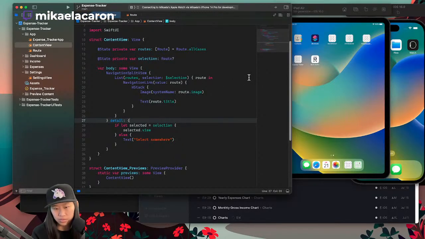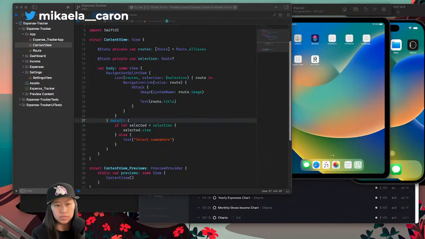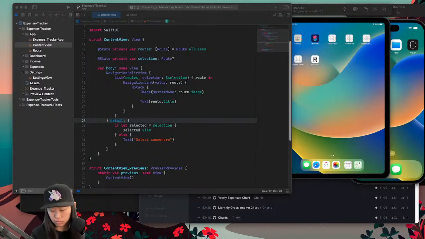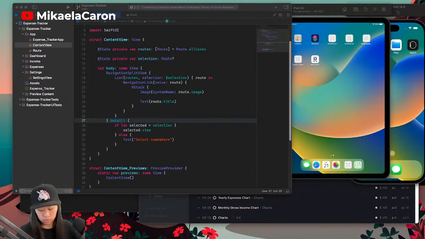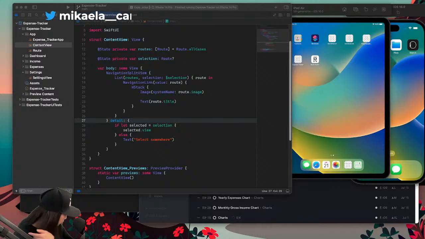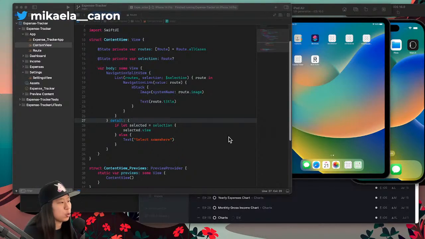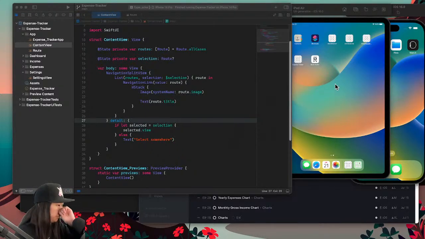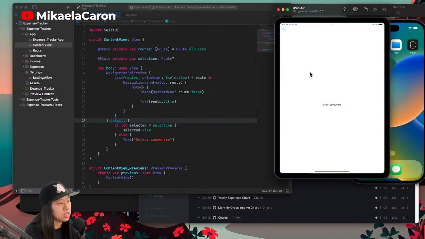It's struggling. Okay, that export is struggling, but what we're going to do was when you click on expense tracker